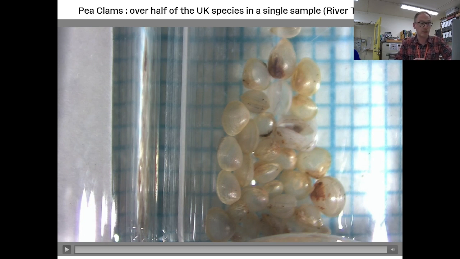So it was Ian Killeen that sorted that sample, and he's one of the co-authors on the standard freshwater bivalve book, and it's really useful to have specimens like that preserved in this way. Okay, so they're tricky. I might add that there are large numbers of these individuals, and it's a bit of a paradox, but the more specimens you have, the easier it is to sort them out.